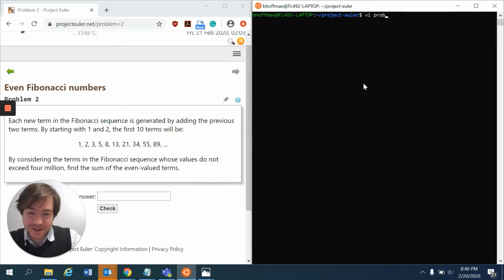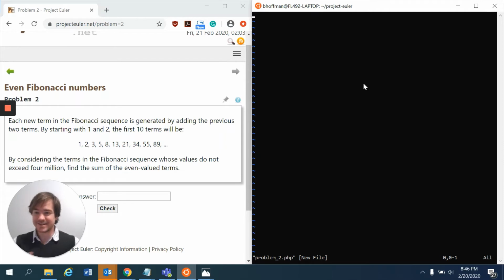I'm going to go ahead and make problem2.php over here, and let's hop in. Each new term in the Fibonacci sequence is generated by adding the previous two terms. By starting with 1 and 2, the first 10 terms will be 1, 2, 3, 5, 8, 13, and so on. By considering the terms in the Fibonacci sequence whose values do not exceed 4 million, find the sum of the even-valued terms. So what we're going to do is we're going to start with our